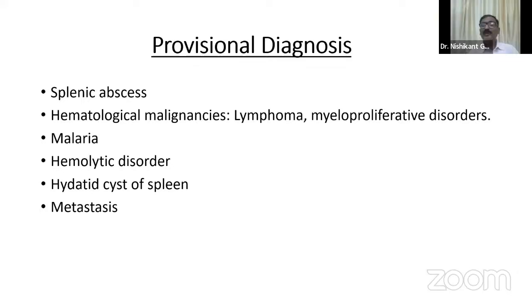But spleen is not. What is bimanual palpation and what is ballottement? Sir, on bimanual palpation, we ask the patient to take either left or right lateral position. Then we keep one hand at the back and one hand over the anterior abdominal surface, and then we can move the kidney. That is ballottement, and on feeling the kidney, that is bimanual palpation. If we can move the kidney in the anteroposterior axis, then it is ballotable, sir.